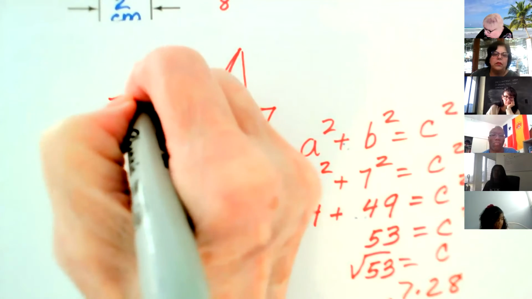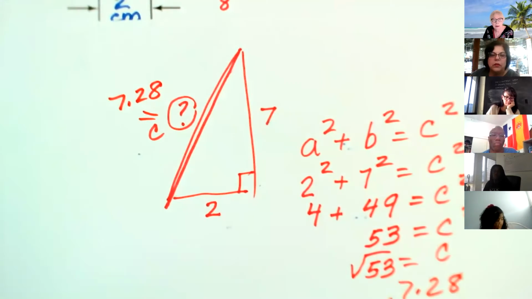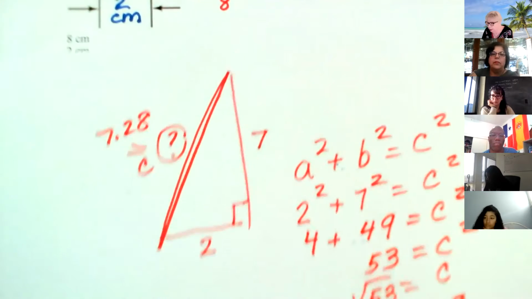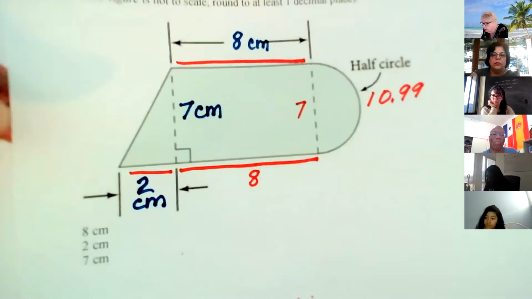That's the approximate measurement of the missing side, and I used a calculator to square root. It's clearly more than 7 because the square root of 49 is 7. This is a higher number, so it's more than 7. And so, back to the original problem,